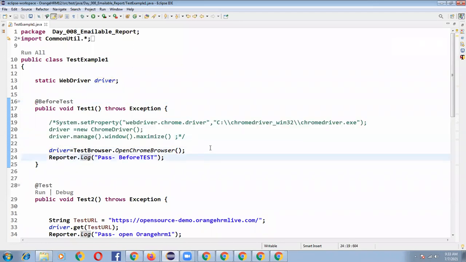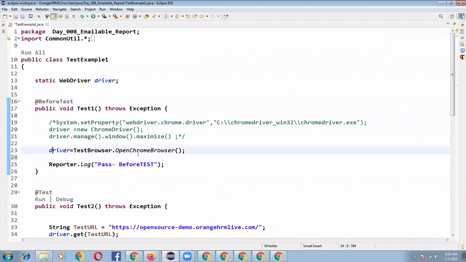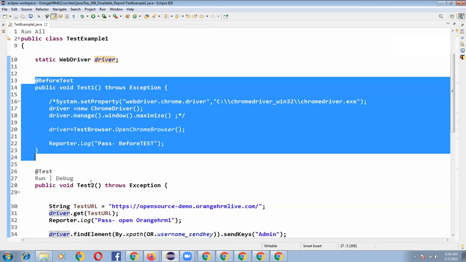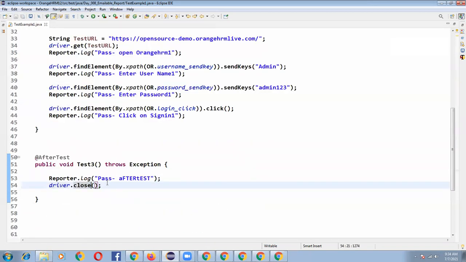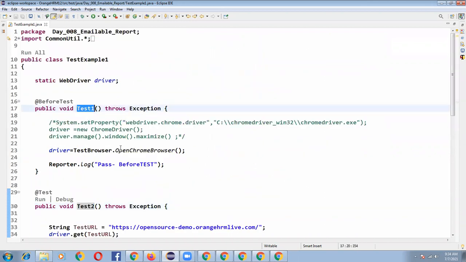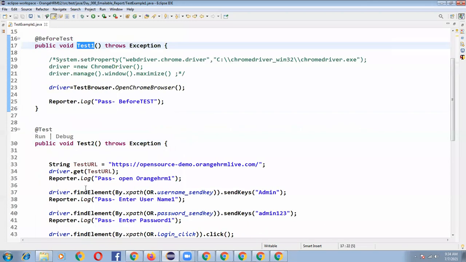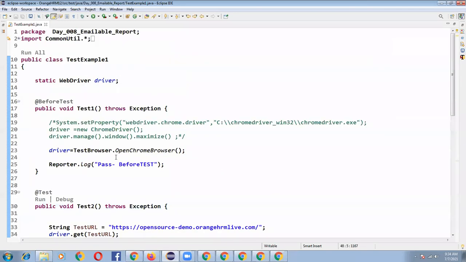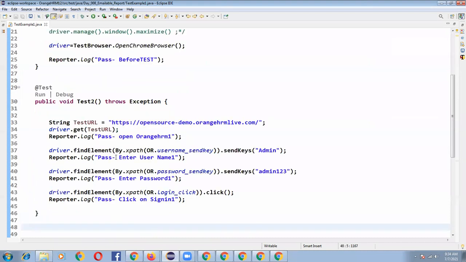We have already written a reusable method, driver equals TestBrowser.openChromeBrowser. So launching of the browser is in @BeforeTest, and closing of the browser is in @AfterTest. The method name I can give whatever I want: test2, test3. Test1 will be executed first, test2 second, and test3 finally. In real time, people use this approach: @Test, @BeforeTest, @AfterTest.